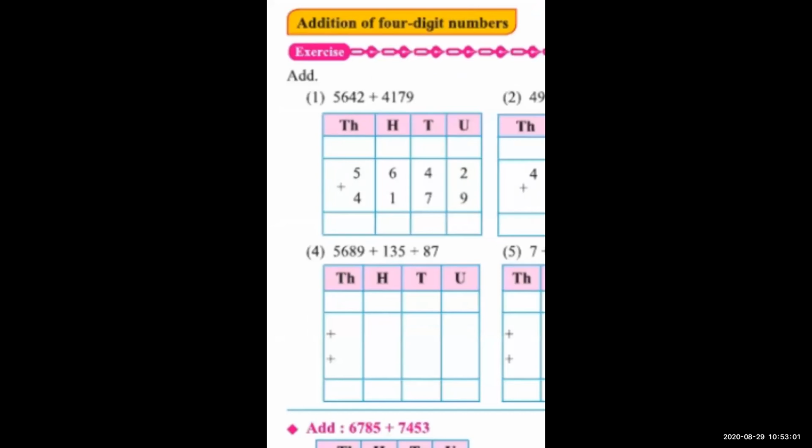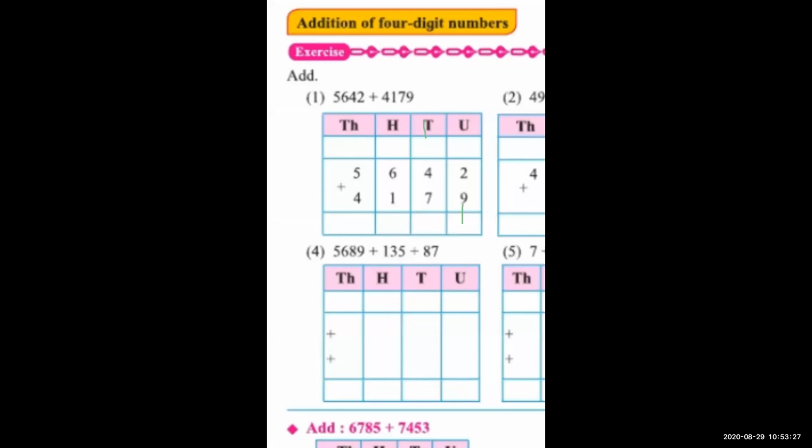Now I am going to show you with green color. Now 9 plus 2, 11. So 11's 1 is carry here, and 1 is downside. 9 plus 2, 11. 1 is carried to the tens column and 1 stays in the same column, the units column.